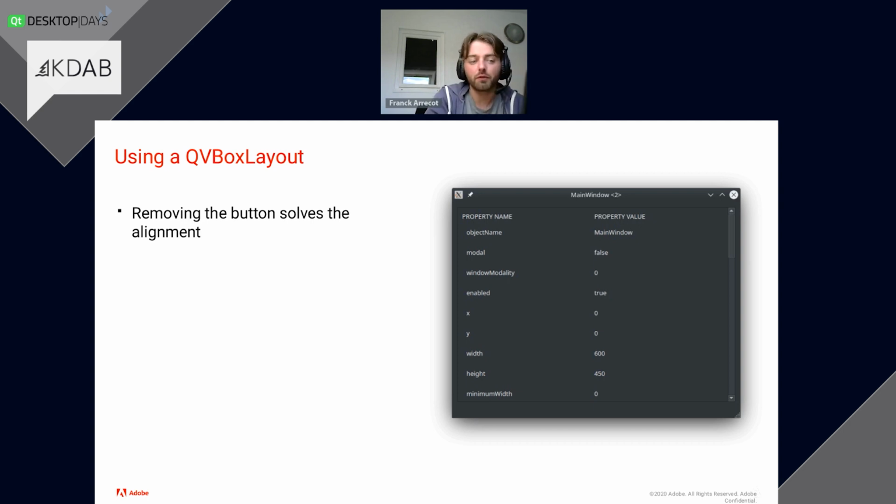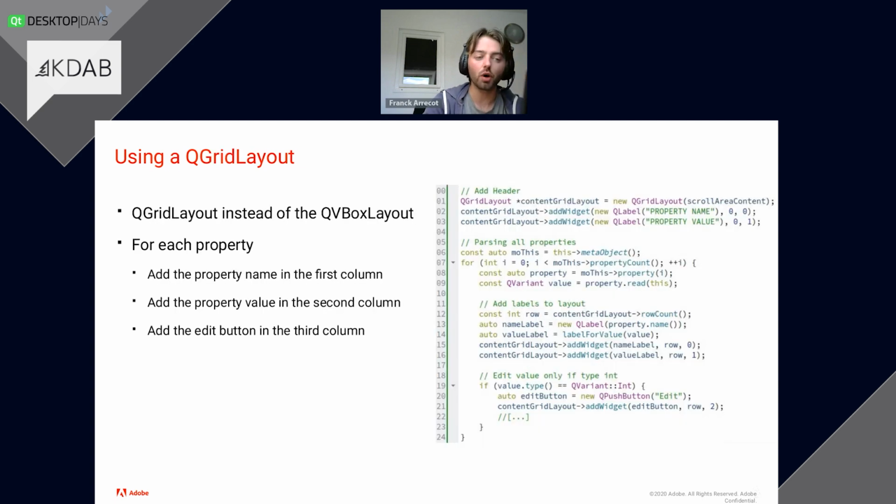So that's the first use case: if you arrive as a beginner with Qt and you try that, you end up not understanding really well what's happening, but that's the reason. So how do you prevent that? Well, you could use a grid. Let's explain a little bit around the grid. A grid is not a horizontal or vertical alignment. It's a full grid with rows and columns. And instead of adding the widget and letting the layout do the magic, you have to specify where you want this widget to be added, so you specify the row and the column.